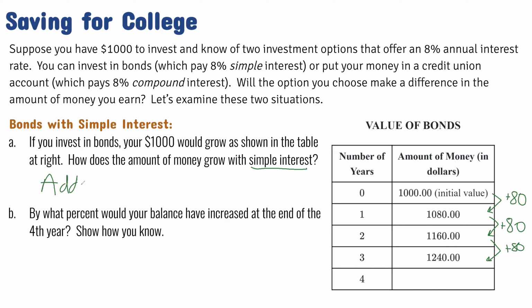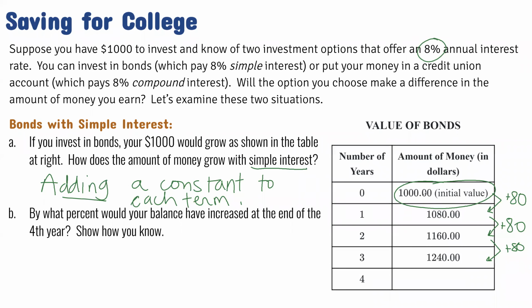You are adding a constant to each term. So what that means is you're getting 8%, but only on the original amount, because 8% of 1,000 looks to be 80. So every year you're getting $80, which is just 8% on your initial value. Okay,